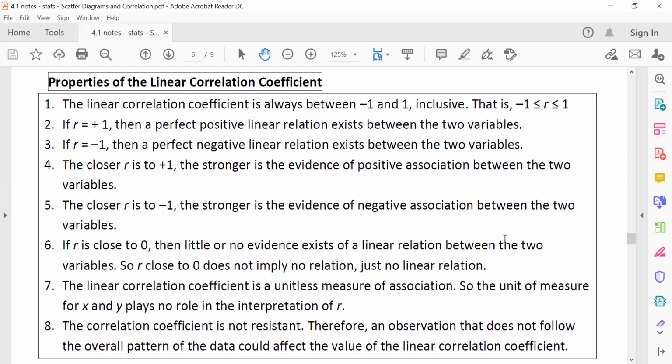If R is close to 0, you actually have a case where you may not really have a linear relationship at all between your variables. That doesn't mean no relationship exists, because remember,